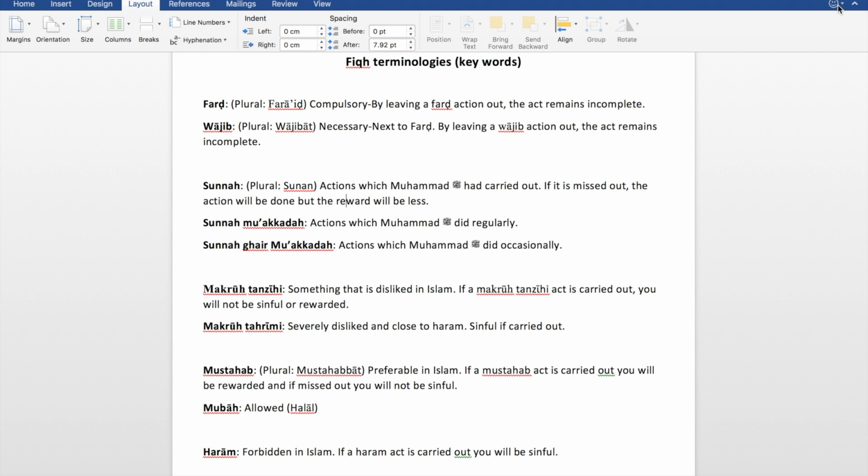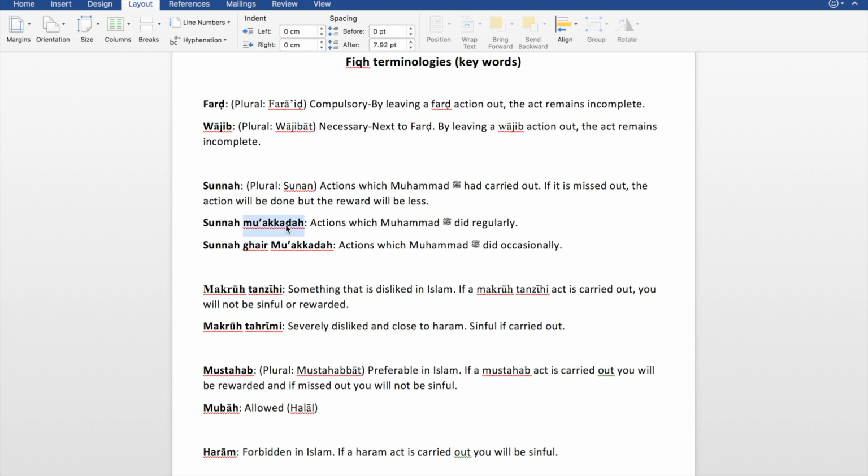So those things that the Prophet Muhammad sallallahu alaihi wasallam used to do, and they weren't fard, then we call them a sunnah. Because obviously if you had to do them, then we'd probably call them a fard, like praying the 5 times salah. Okay, but sunnah is of 2 types. There's one sunnah which is very important that we have to do. The Prophet ﷺ did it, and he always used to do it. And he also told us to do it as well. So these are what we call the very, very important sunnahs. Because he used to do it, and he told us to do it, that means we have to do it as well.